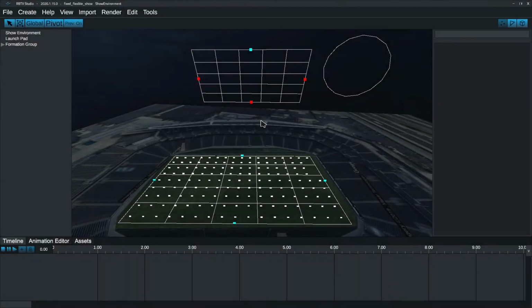Hi everyone! In this tutorial, I'll be explaining the difference between the formation group's two allocation modes, fixed and flexible, and how they can be used to perform different functions inside the studio. Fixed and flexible are just two ways that we can allocate drones inside of our formation group. These can be toggled inside of the formation group's inspector menu